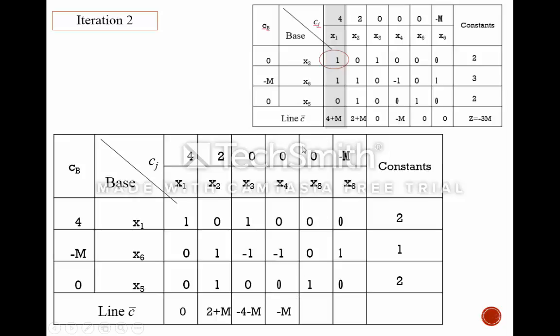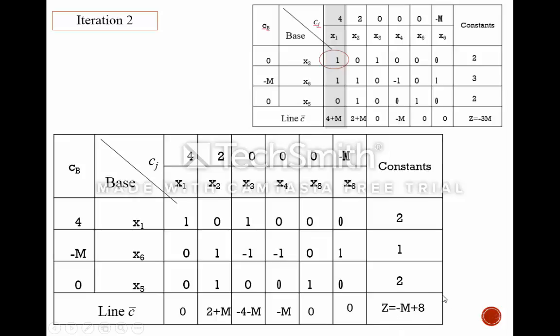The fifth is 0 minus 4 times 0, minus m times 0, minus 0 times 1, and the result is 0. And the last is minus m, minus 4 times 0, minus m times 1, minus 0 times 0, and the result is 0. And we get the z2